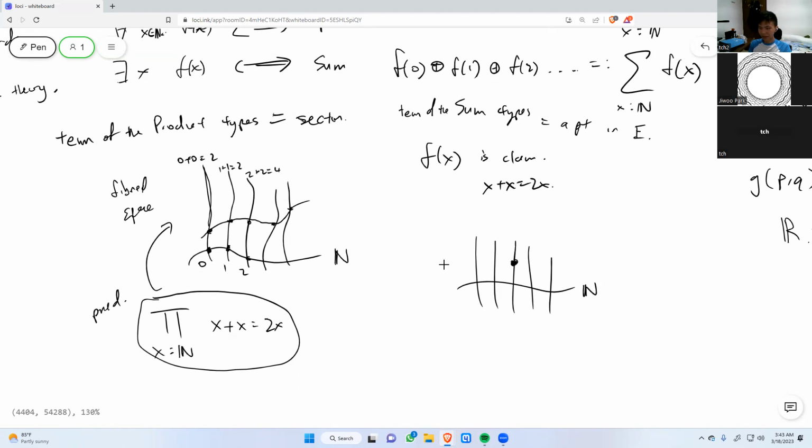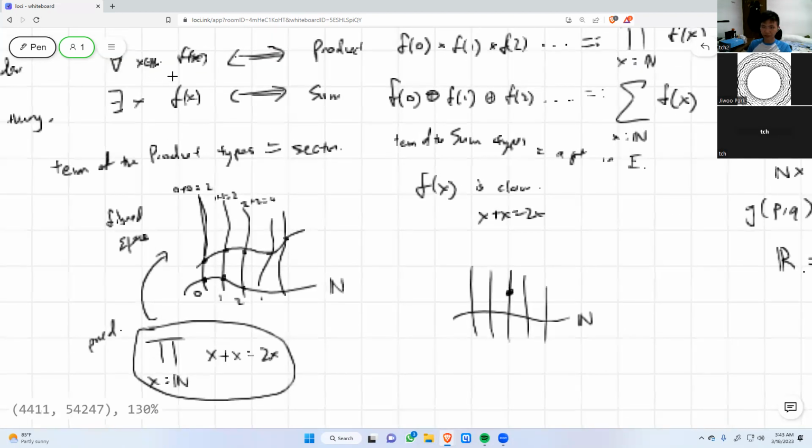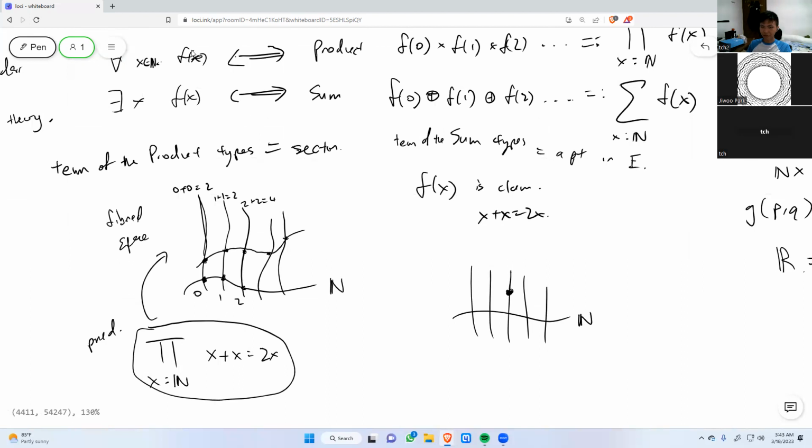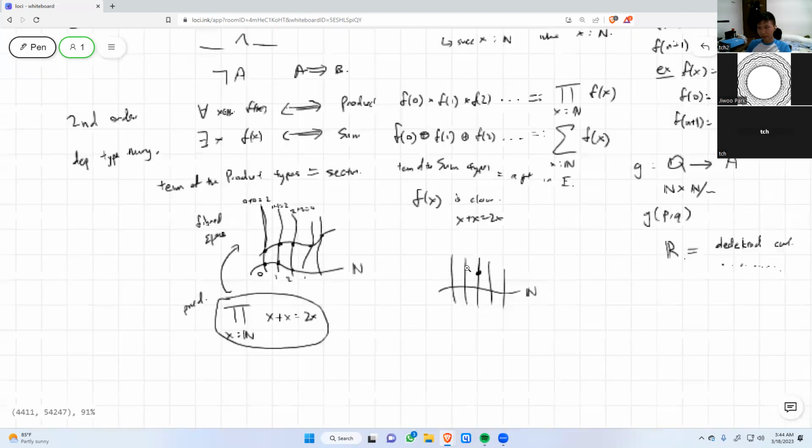I just need one at one point in the total space. So essentially a term of the product type, a proof that for all x, that claim of x, is a section, because I need to provide many terms, and each fiber needs to have one term. Whereas a proof of the sum type is just one of them, because then this will be the guy that